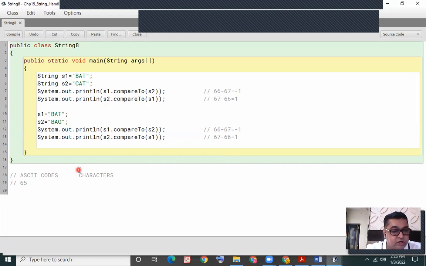ASCII codes 65 to 90 are for characters capital A to Z. ASCII codes 97 to 122 are for characters small a to z.